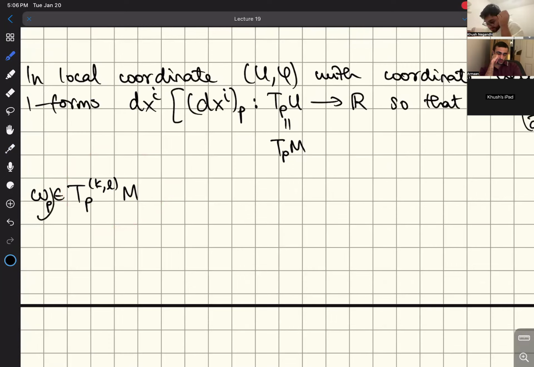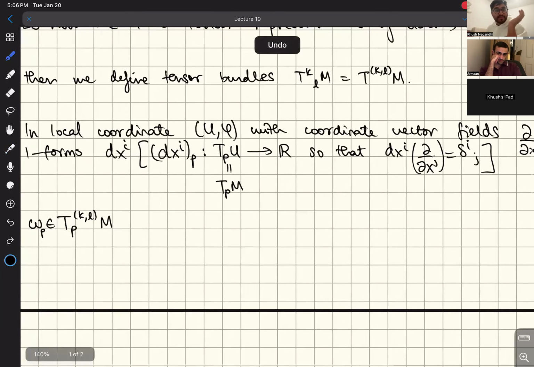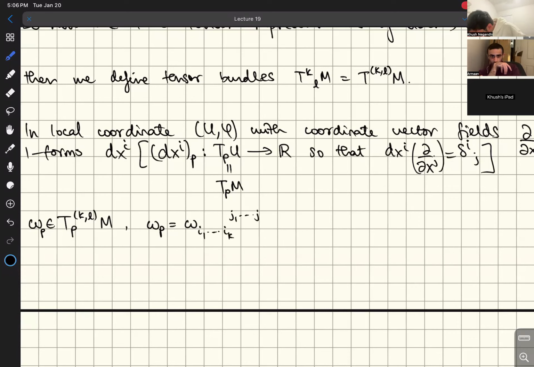That's a great question. I know this is a KL tensor, wonderful, but what does it actually look like in these local coordinates? It turns out that you have a bunch of functions, omega from 1 up to k, j1 up to L at this point P,